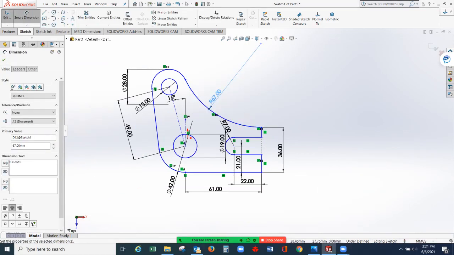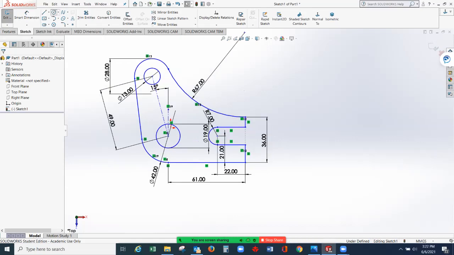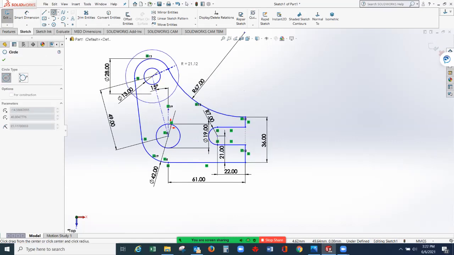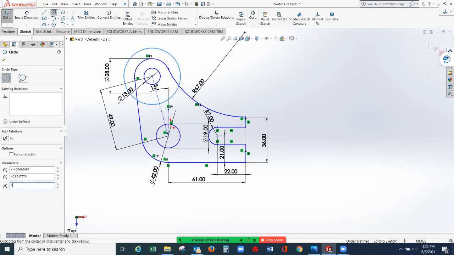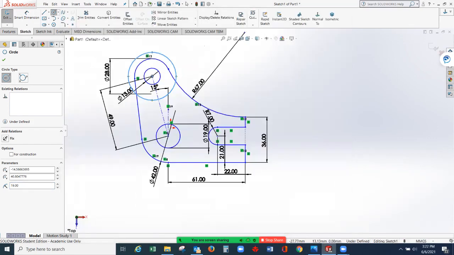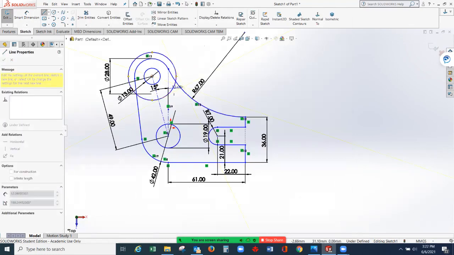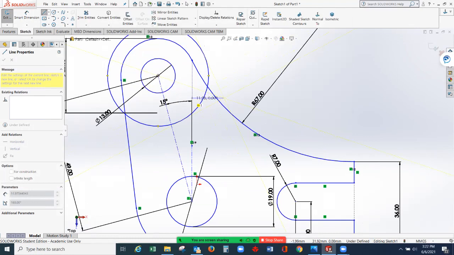So it's working now. So delete the excess relationship here and on the other side. What we need is tangent line only. So select this green check mark to agree. Once you are done, we need one more circle with the center here with the radius of 19. So type 19. This is this radius, so 19. Then you have one more line here on the horizontal. So line. Just make one horizontal line.